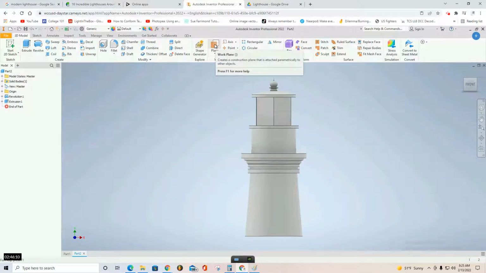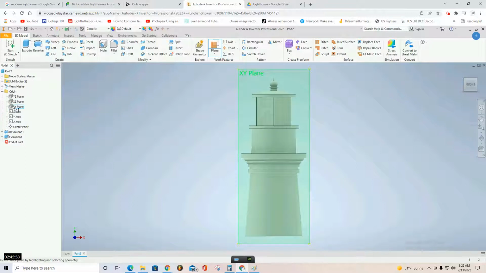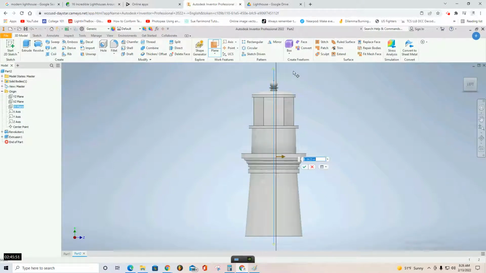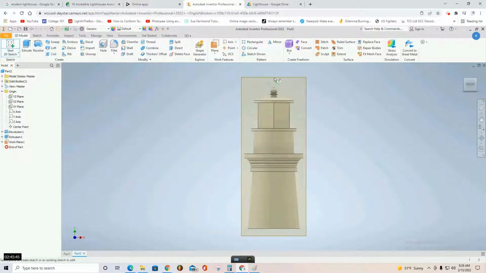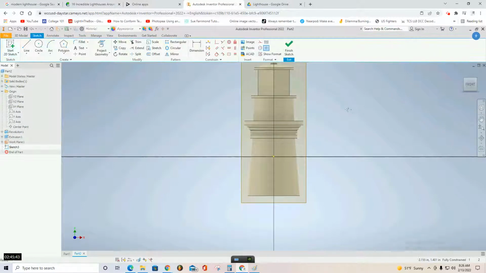Can put a plane on here. Go to the origin folder. Maybe I'll use the XY plane. Remember how I said to turn it sideways? You grab this, just move it to the side, check. Now face it again. Start a 2D sketch. Here's my